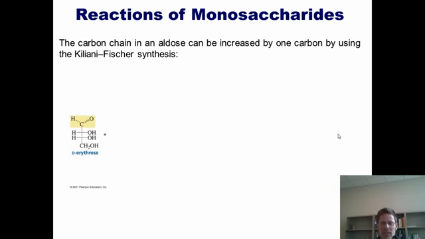Now let's pretend that you have a cute little aldose like D-erythrose shown here, and you want to somehow make it one carbon longer. How can you do that? Do you have to use magic? I'll tell you. We use this method called the Kiliani-Fischer synthesis. Here's how it works. If I treat D-erythrose with cyanide,